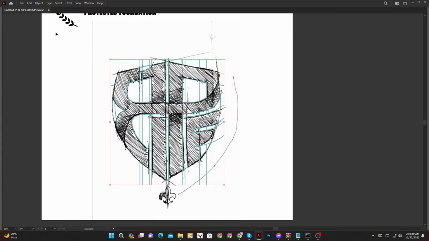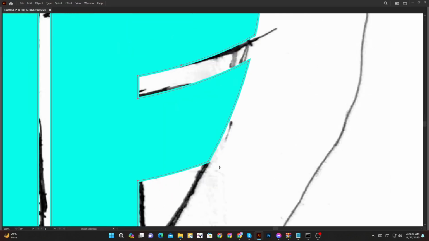Okay, now extra side, remove. It's some rounded.